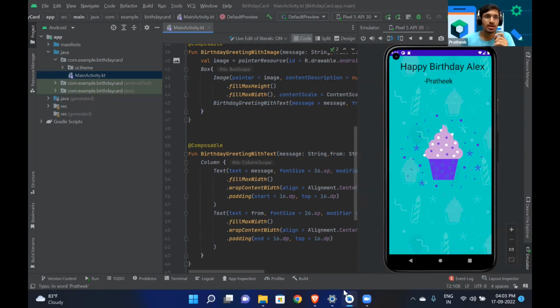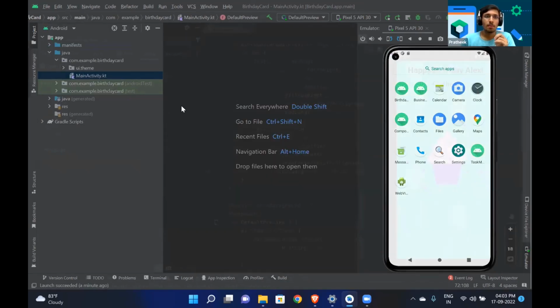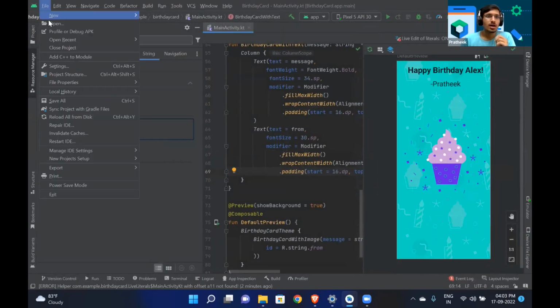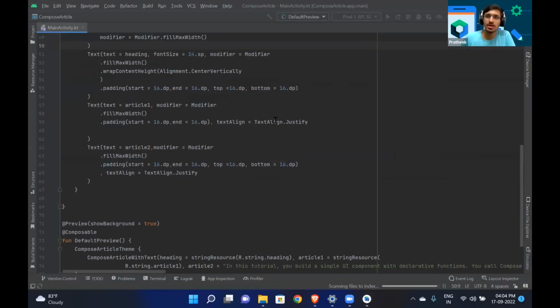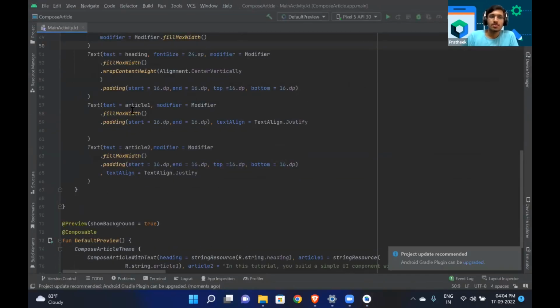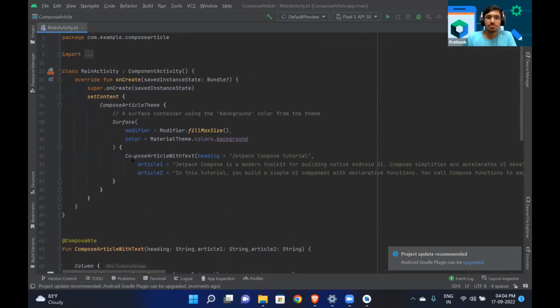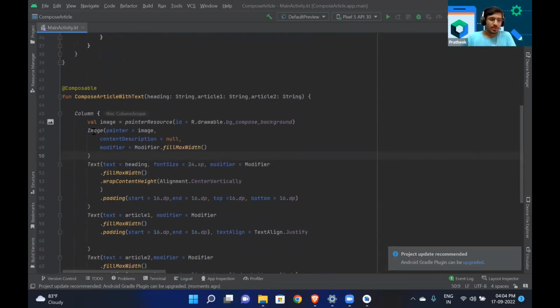Okay, I'll quickly open that app. For time being, I'll close this. And I'll close this too. And yeah, one of the applications is this, a Compose application. Here, a simple Compose article is there. We just give an image,